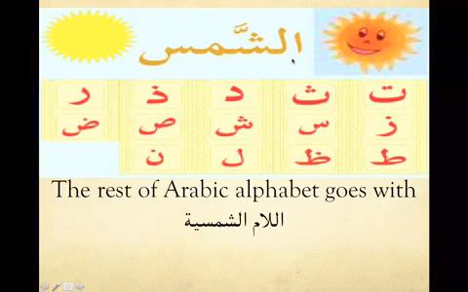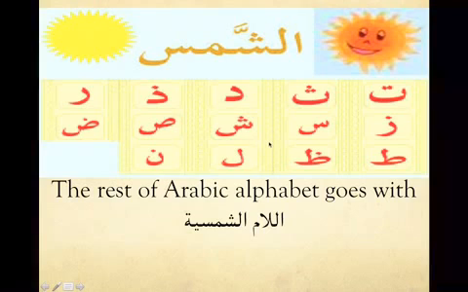Now we come to the Lam Shamsiyyah. Obviously, the rest of the Arabic alphabet comes with Lam Shamsiyyah, like the Ta, Tha, Dal, Dhal, Ra, Zay, Seen, Sheen, Sad, Dad, Ta, Zha, Lam, Noon. Like when I say التمر, الثمر, الدار, الذرة, الرجل, الرحمن, الزرافة, السيارة, الشجر,